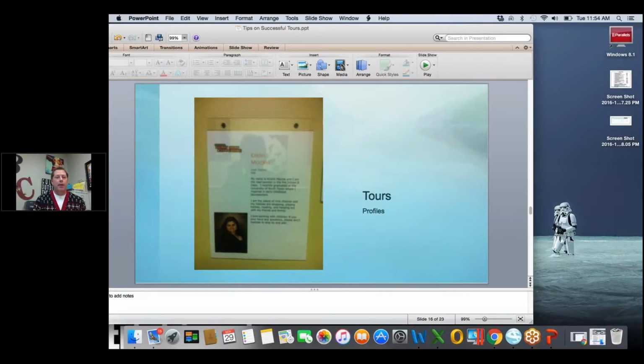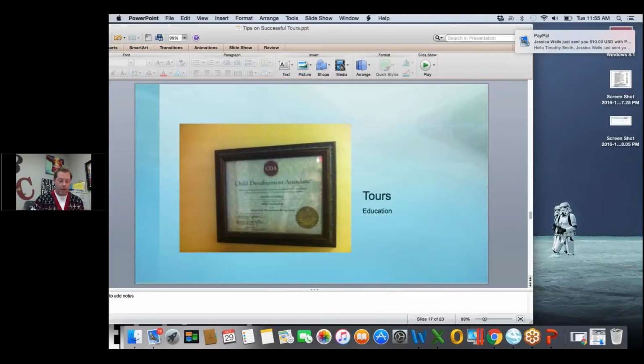I always put a teacher profile by the classroom. Again, this reminds me to talk to the parent about the teacher in the classroom, to tell them a little bit about the teacher so they know that they're human. Make sure the pictures are nice and professional, not something you just took a little snapshot of on a Wednesday after the teacher had been outside running and screaming. Make it a nice professional picture, but that's my reminder to talk about who's in the classroom, which is then